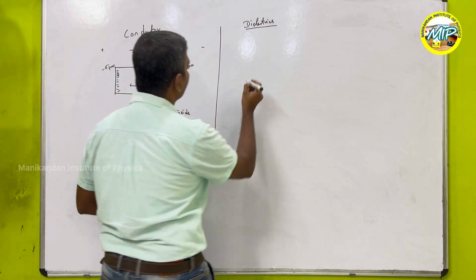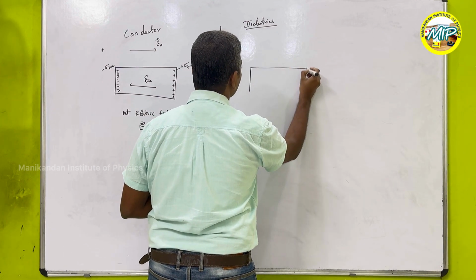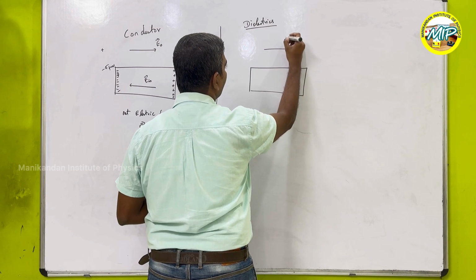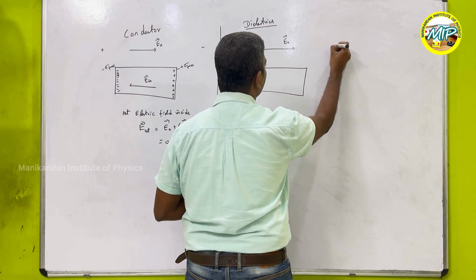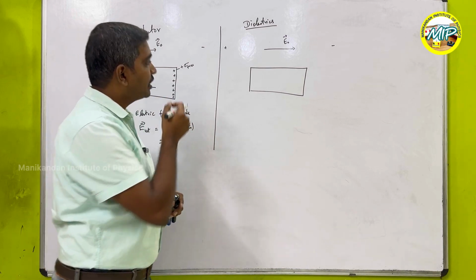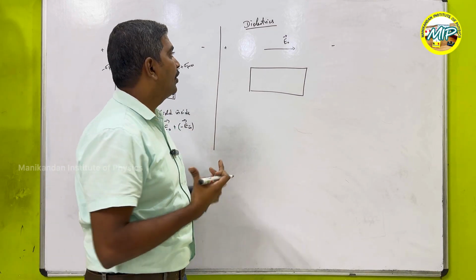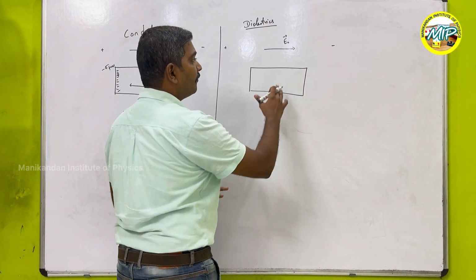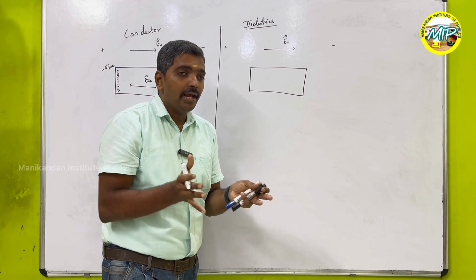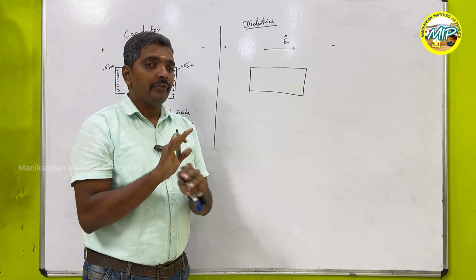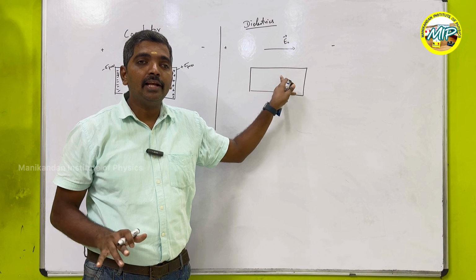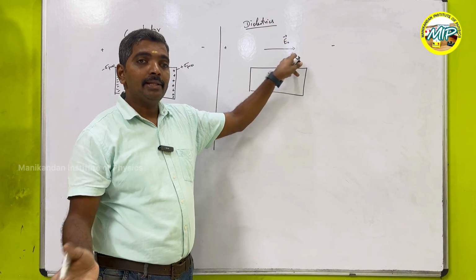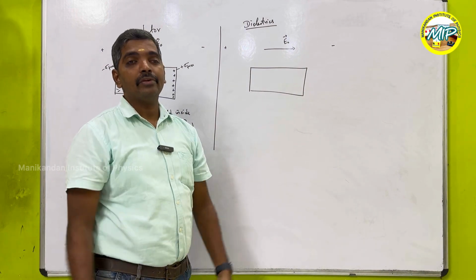In this case, I am going to take a dielectric material and apply my external electric field E naught vector. This is positive, this is negative. Because of this applied external electric field, there will be a creation of free charges, because initially there are no free charges. So initially there is no electric field created inside the material. After some time t, there will be a creation of free charges,